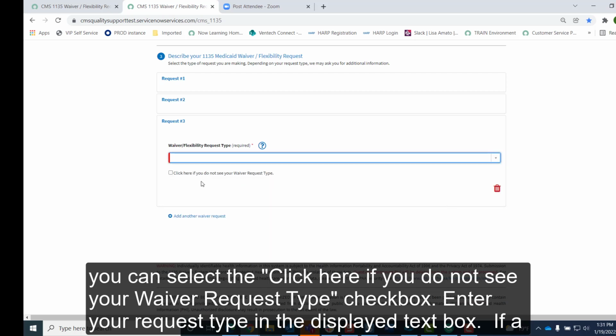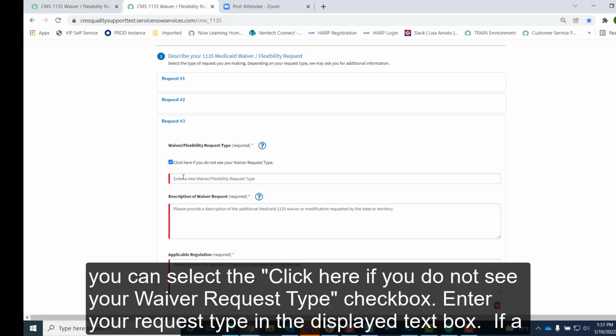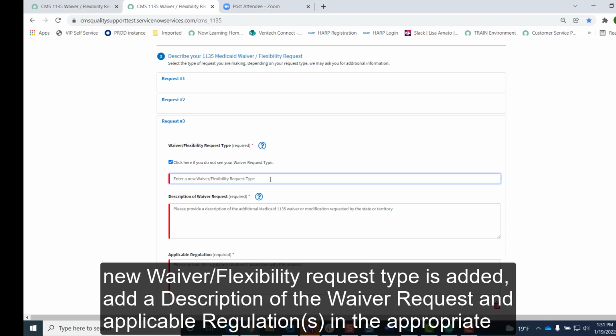Should you have a waiver request of a type that is not listed in the drop-down, and there are quite a few here, but if you don't see it here, you can select this checkbox that says, click here if you do not see your waiver request type. You can enter your request type in this text box.